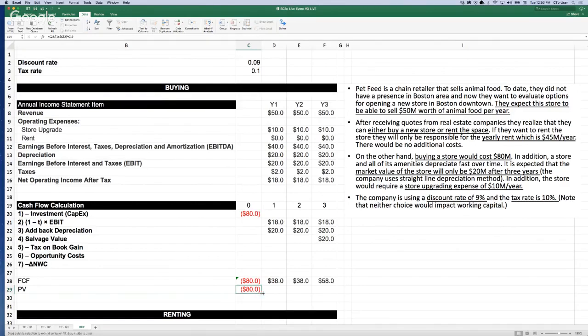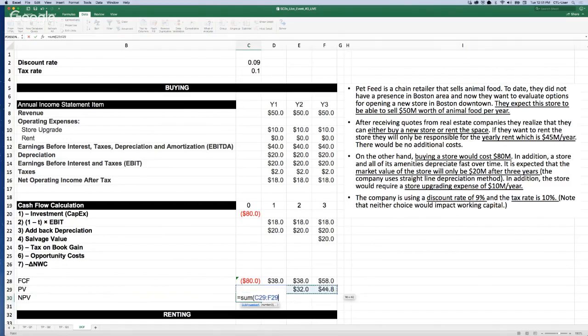Then you can apply it to all the years. If you look at this formula, we're taking this value and dividing it by 1 plus 0.09 raised to the power 3. So we now have the present values, and NPV is just about summing those values.